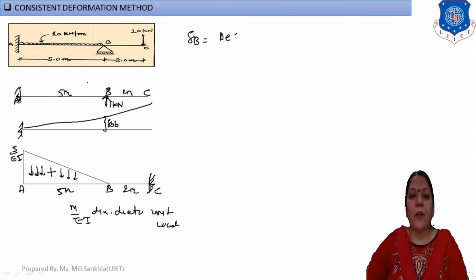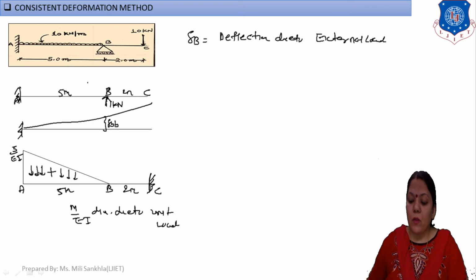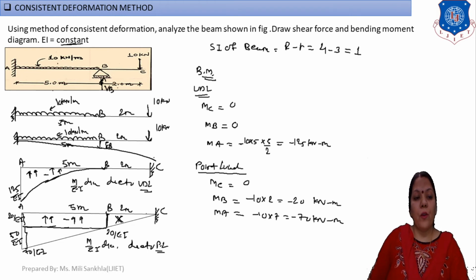Here, deflection due to external load, and for that we follow our first two figures. So again we go to the first page. Here are our two figures. The first figure is for UDL load and the second figure is for point load. Now one by one, from this B point we find our area into CG. From this B point, area is equal to 1/3 into 5 into 125 by EI, and CG is 3/4 into 5. We have to take CG from this B point.